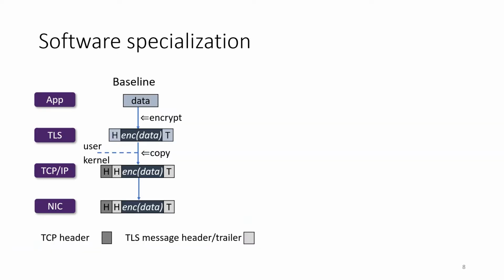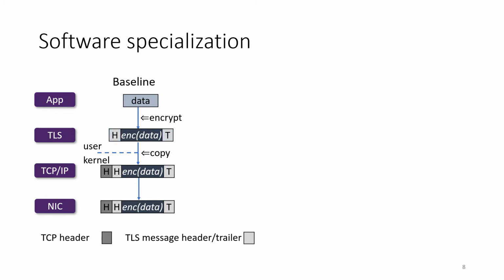In autonomous offload, we require direct communication between the NIC driver and the software layer 5 protocol. So for TLS, we build the offload on top of kernel TLS, and therefore we will briefly describe how kernel TLS works. Before kernel TLS, applications transmitting data passed it on to the TLS library, which encrypted it, and then placed it within a message with a header and a trailer.